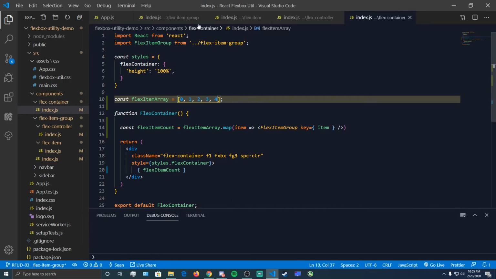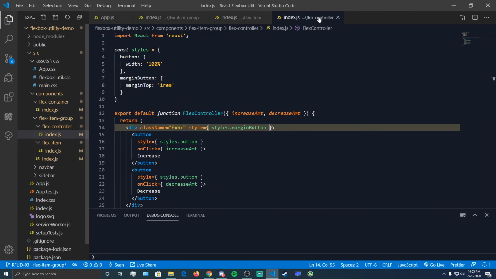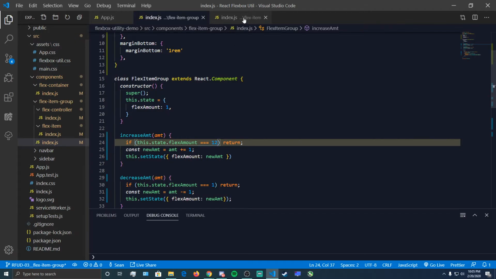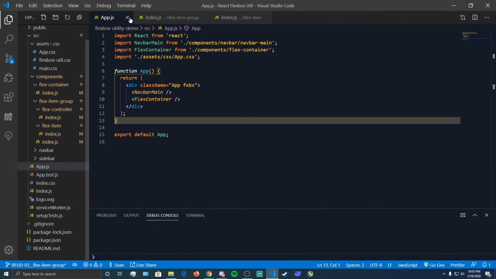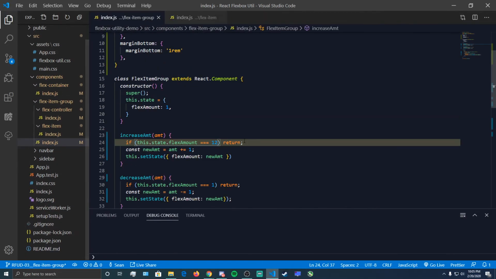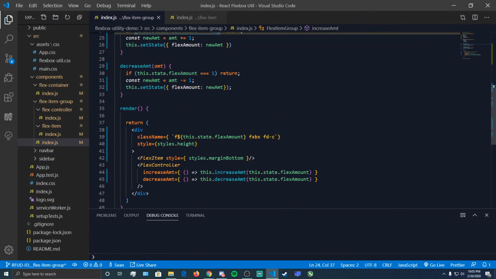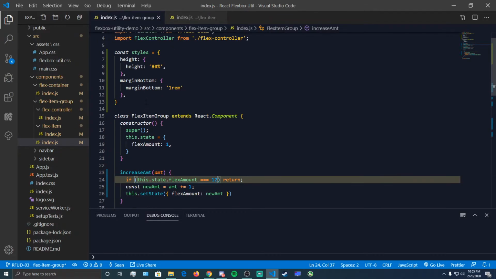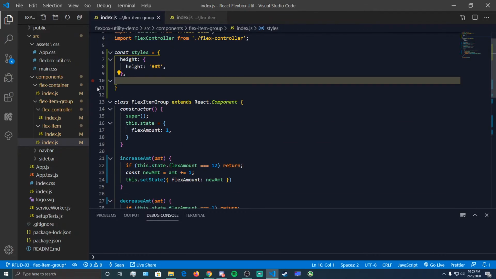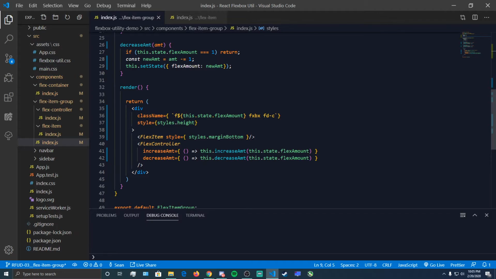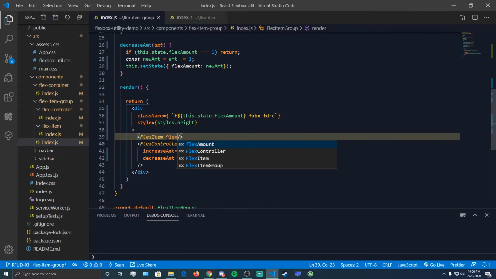So to do that, we're going to go back in. We can close up that, and we can close up that. Flex item is what we're going to need to work with. We don't need app.js opened. All right, so the flex item is what we actually need. The style can go because it's not working. We can delete that. And instead of passing in a style to this, we're going to pass in a prop. So we will pass in flexAmount, and that's going to be equal to